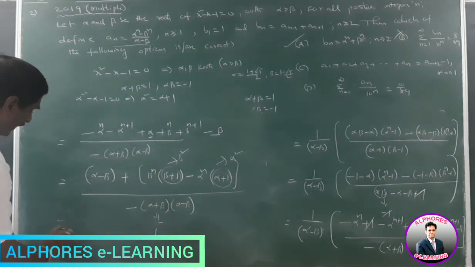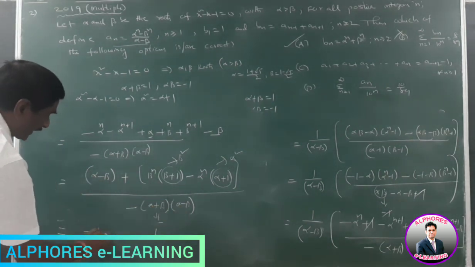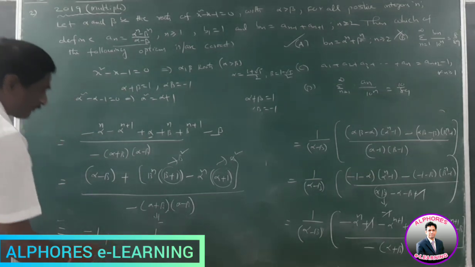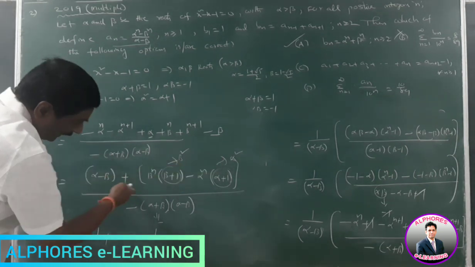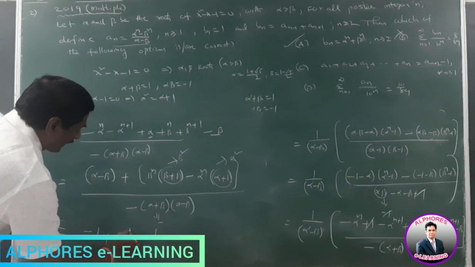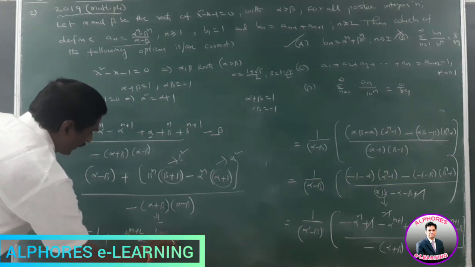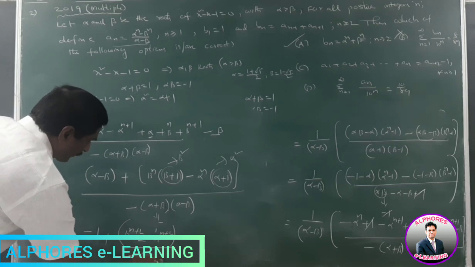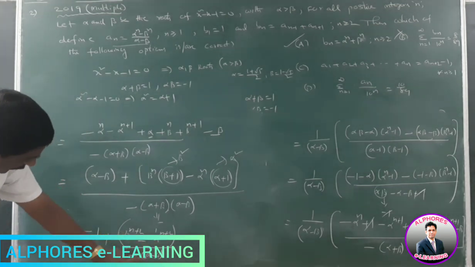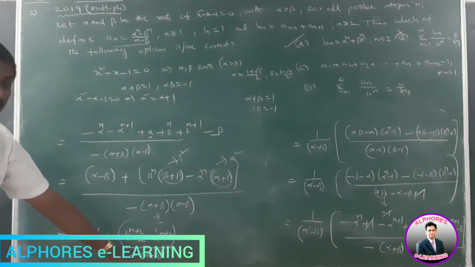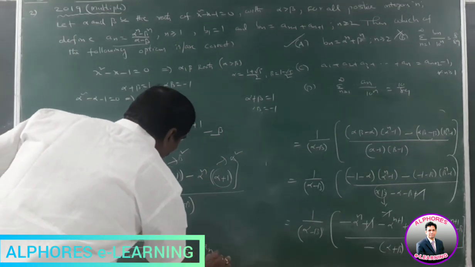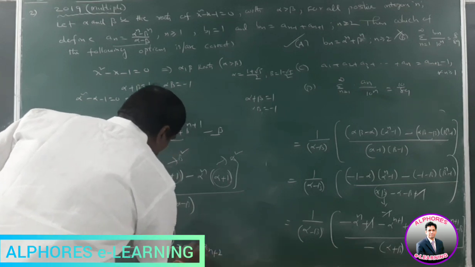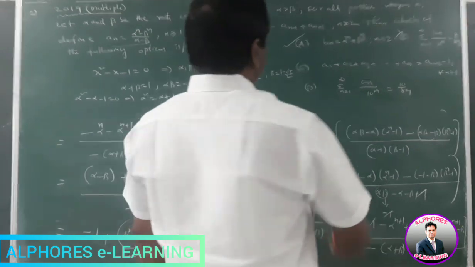After splitting, it can be reduced into alpha plus beta by minus of alpha plus beta, meaning minus 1 plus beta power n plus 2 minus alpha power n plus 2 by minus of alpha minus beta. Now minus multiplying with minus, we get alpha power n plus 2 minus beta power n plus 2 by alpha minus beta. It is nothing but a suffix n plus 2. That is equal to a suffix n plus 2 minus 1, or minus 1 plus a suffix n plus 2. It is the correct answer.